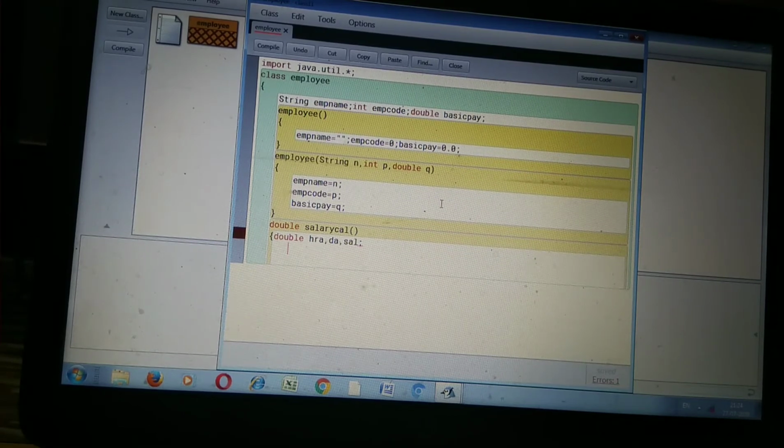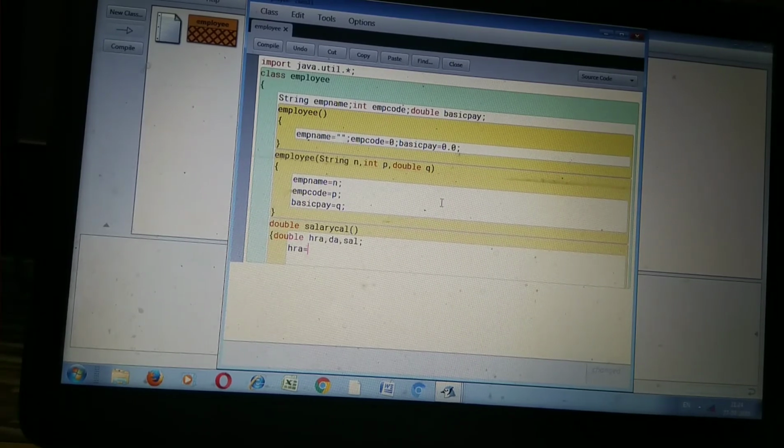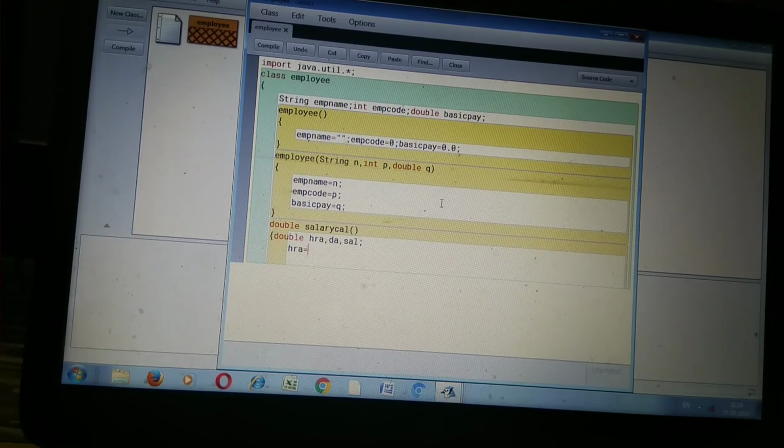So according to the condition, first of all we find the HRA, DA and salary. HRA is equal to 30% of basic pay. So the instance variable is basicPay, basicPay into 30%.